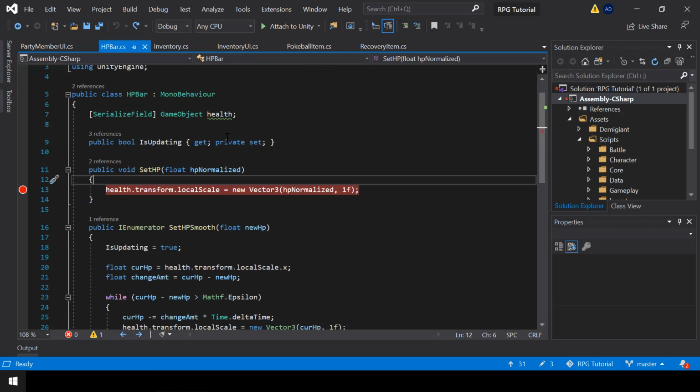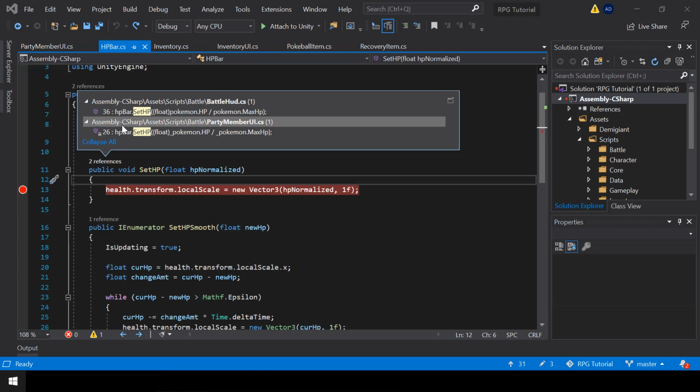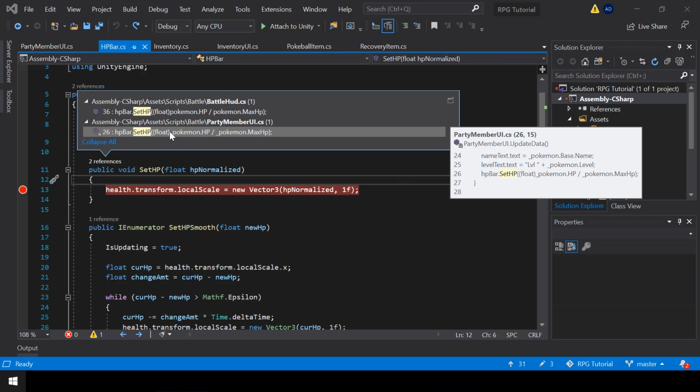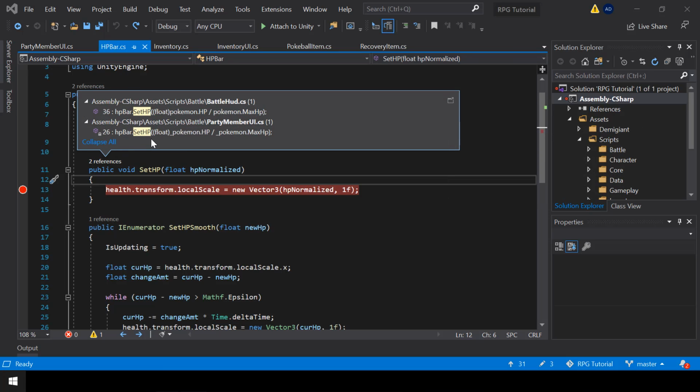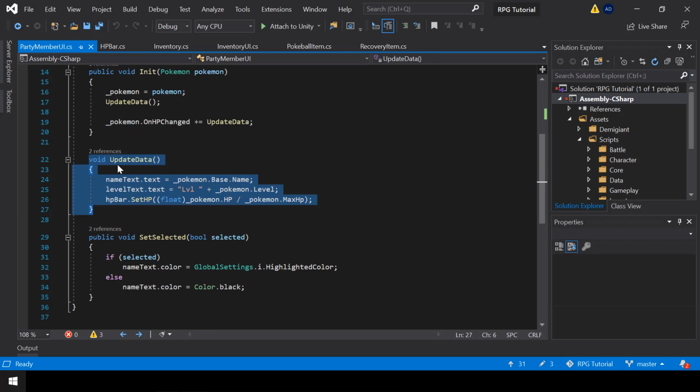So once again, if you look at the references of the setHP function, one of them is the update data in PartyMemberUI. So that's a good thing to remember whenever you are checking for an issue and you have multiple references: you can go ahead and check the stack trace to understand which one of these is calling it when the error was thrown. Okay, so in our case, it was the update data function.